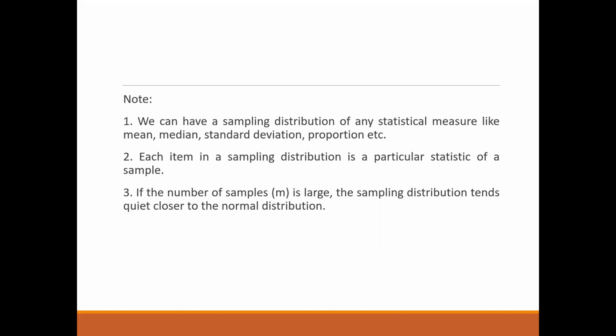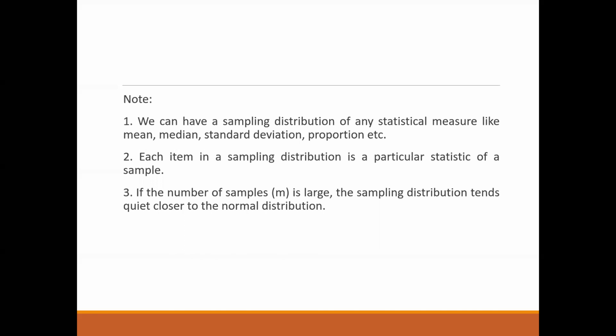Now, what are the different types of distribution you might have heard or done before? That is your sampling distribution of a proportion, then sampling distribution of mean, then F distribution, and in BRM you might have also done your chi-square distribution. So these are some sampling distributions, and we will be learning two of them: the sampling distribution of mean and the sampling distribution of proportion. That is what we are going to learn.